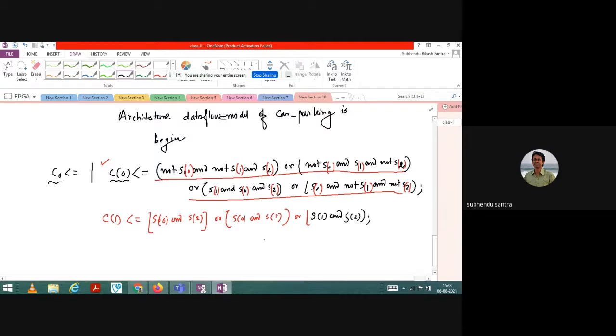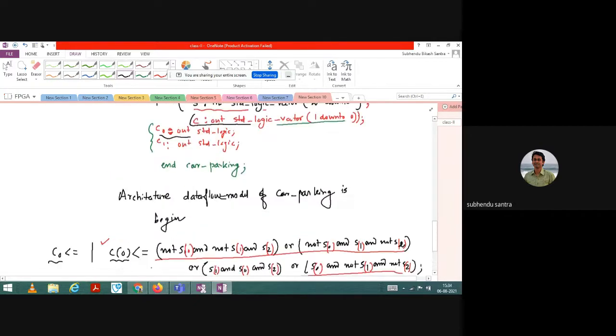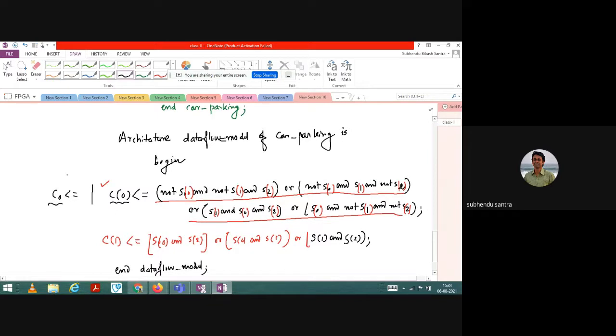Okay. And then finally, when you complete it, you have to write like this: end data flow model. Okay. So this is your architecture part. This part is the architecture part. Okay. So either you write this, or you can write the entire thing what I have written for the first